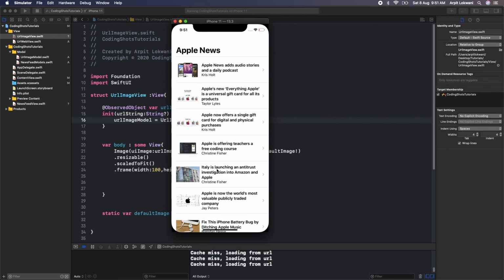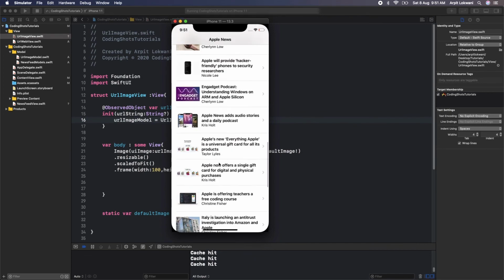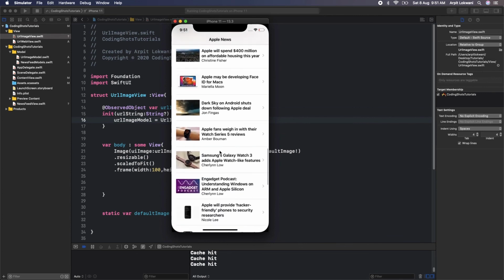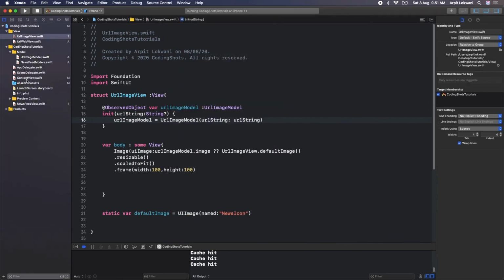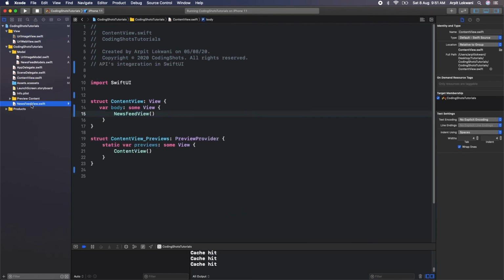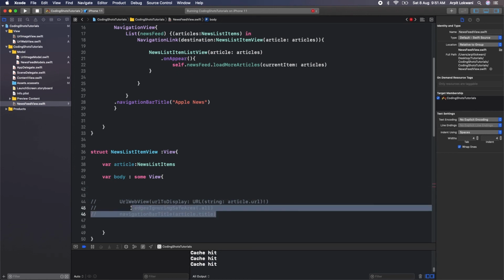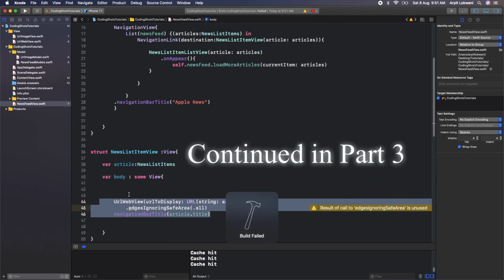Oh, superb guys, superb, looking fine, right? And you can see it's loading. See, now it will load again. So it's the load more activity we are planning to do. So now click on this. It should be test because we have given this test in the news feed view. So we can try to complete this as well. I don't know what the exact issue is for this because it should work. Might be my Xcode is not supporting, so that's why it's showing me some errors.